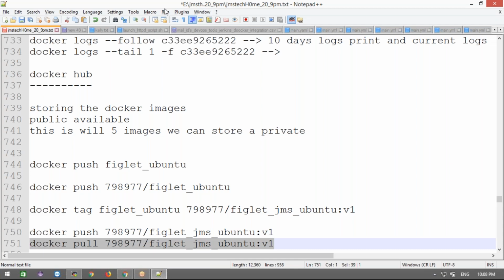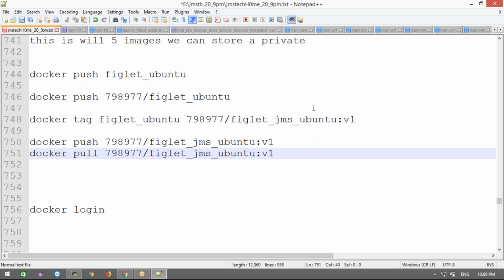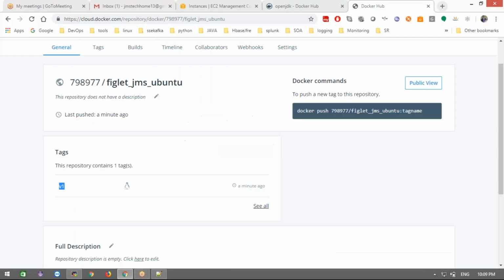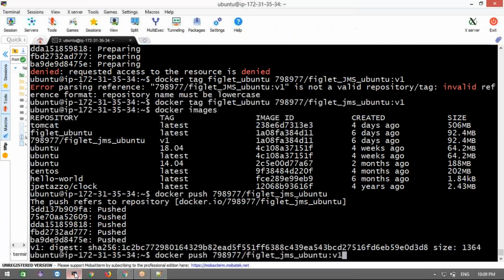Anyone can download this and use this image. Okay, now what does it contain? It contains Ubuntu software along with the Figlet software. We installed Ubuntu and Figlet and made a new image. Clear guys?